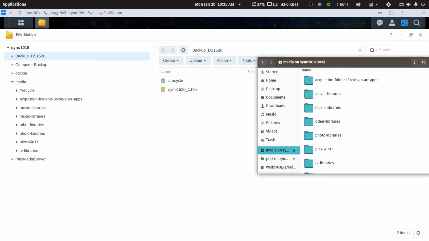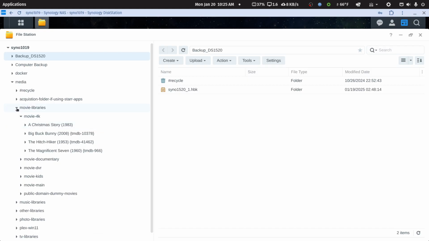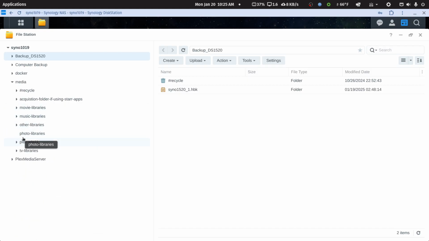Well, the same thing happens on a Synology NAS. Anything in this shared media folder, if I move a file from this structure over to this structure, it's instantaneous. It happens in the blink of an eye. If I move a large file from within this shared folder any place to another shared folder, it's that slow copy and delete